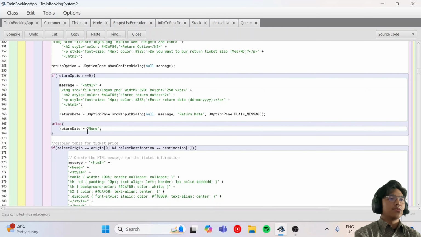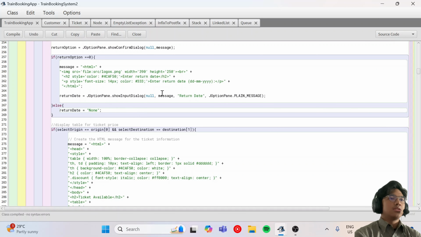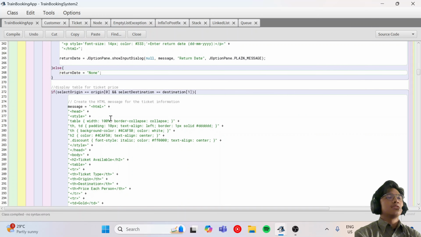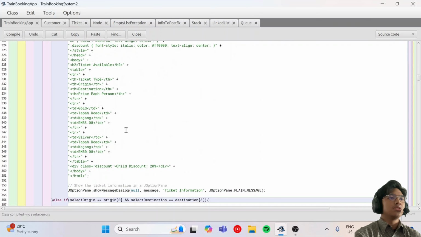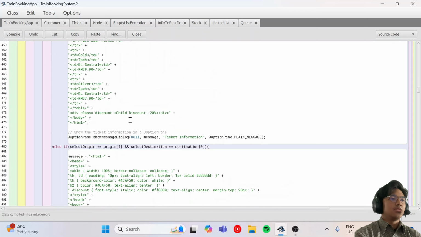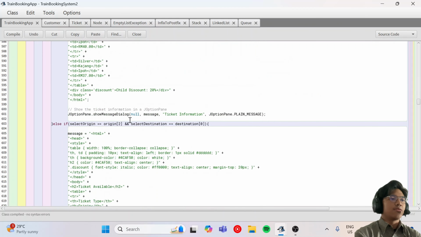Here is an if-else for the return date: if they want, the user needs to enter it, if not it's just none. And then this is the if-else table for displaying the ticket information table. It's a bit long because we have 4 origins and 4 destinations, so we just use HTML and JOptionPane. So you just display the table of ticket information,